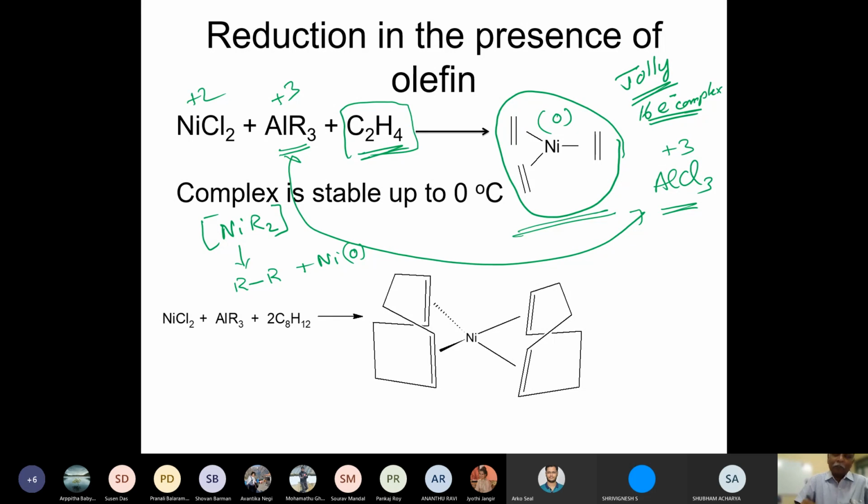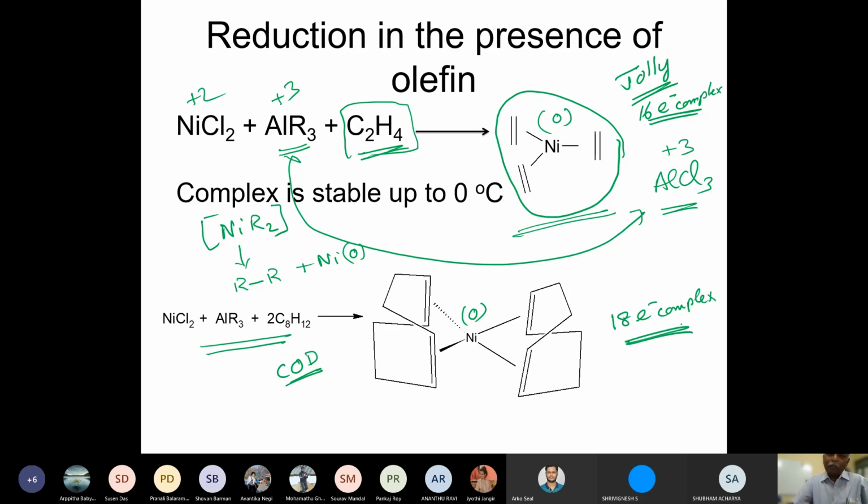Pictured below, you have another system where the same principle of reduction has been used, but with cyclooctadiene. These two ligands, COD, which is the diene, and COT, which is the tetraene, are very popular in olefin chemistry. We'll encounter them again and again. COD is also a nickel zero complex, but notice here it is an 18 electron complex.